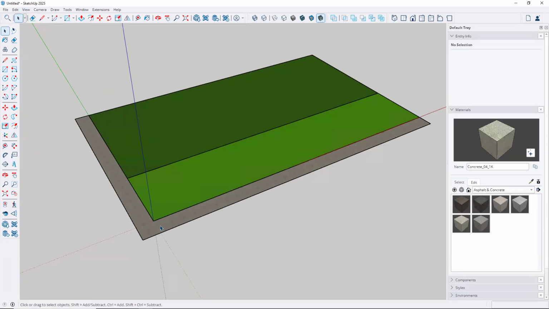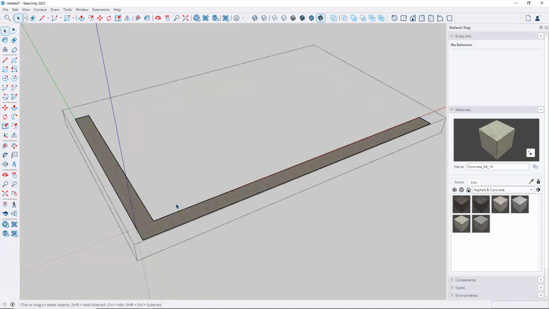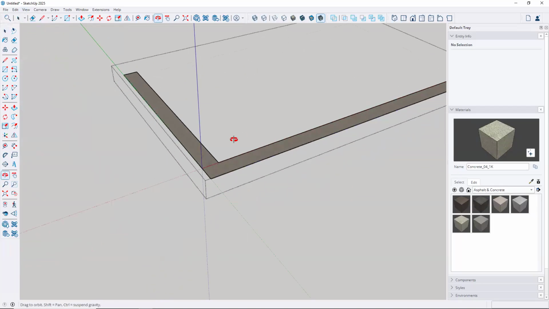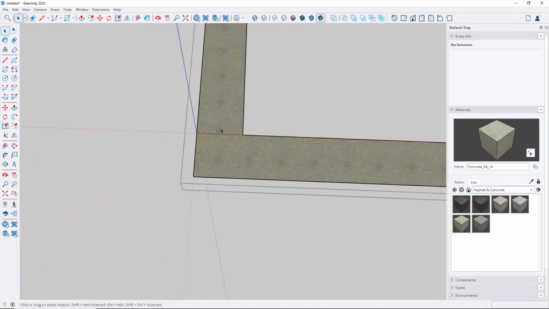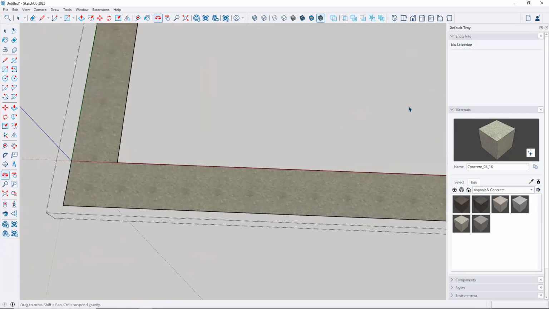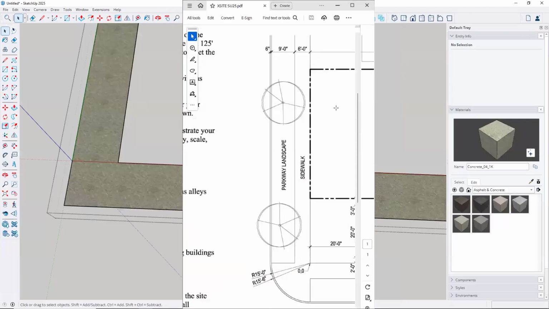So I'm going to continue. I'll leave it as is. And I'm just going to double click the group so I can get a better view of it. And now from here, what I need to do is let my sidewalk more or less continue this way and continue that way. Let me take a look at the example. So I'm going to put this to the side over here. Now I'm going to bring this over. And you can see right there